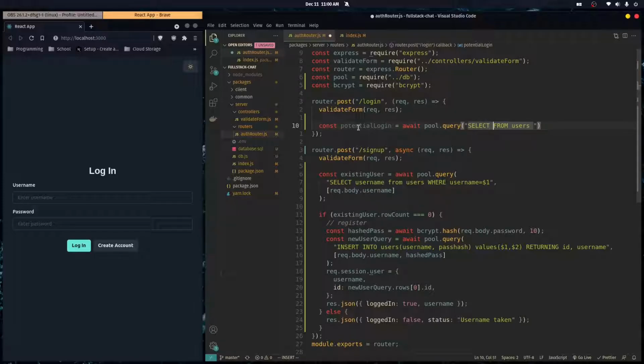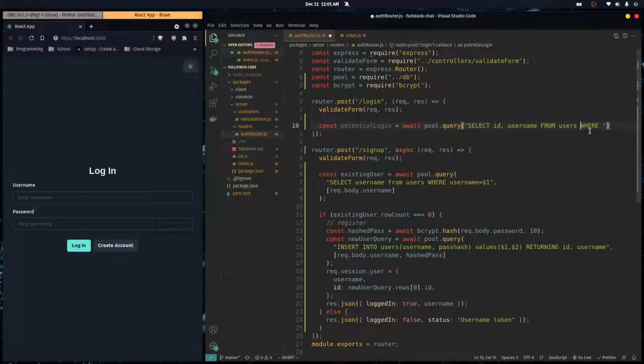So we want to select from the users table the username, like so. Select username from users, and let's also get their ID because that's what we're saving in the session. So we're getting their ID and their username, where,